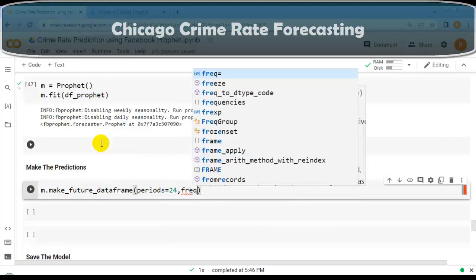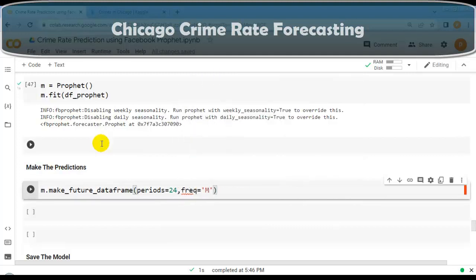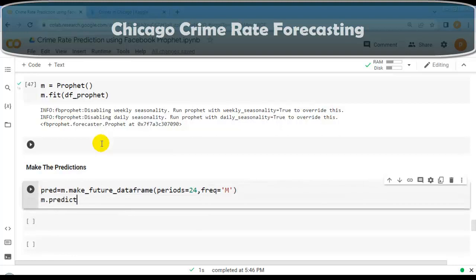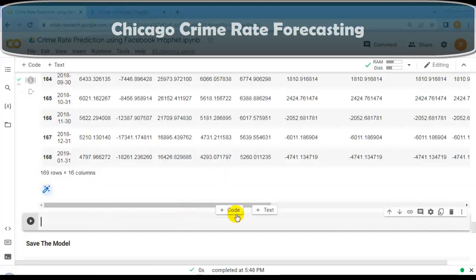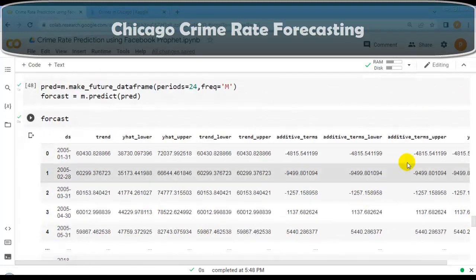And let me set frequency to M, month wise, and let me assign it to one variable pred equal to this statement. So now let's perform prediction. So M.predict, and let me pass this pred over here, and let me assign it to one variable forecast. You can use any. Let me execute this cell. Let me check. As you can see over here, Facebook Prophet has generated this data frame.